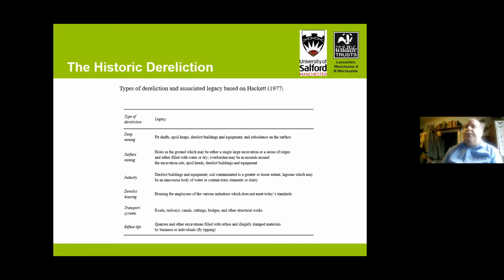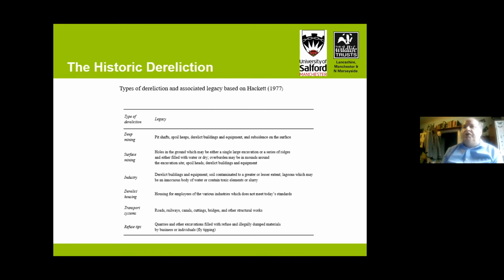If you look at a map of the Wigan Borough, there are lots and lots of lakes. It's a very wet lake landscape. In Wigan, these are called flashes because they developed quite quickly from the subsidence. And there are lots and lots, again, of holes in the ground where there was open cast mining. All of these have had to be re-landscaped into nice, better quality habitats and landscapes. So again, lots and lots of dereliction based around the open cast mining in areas of Wigan.